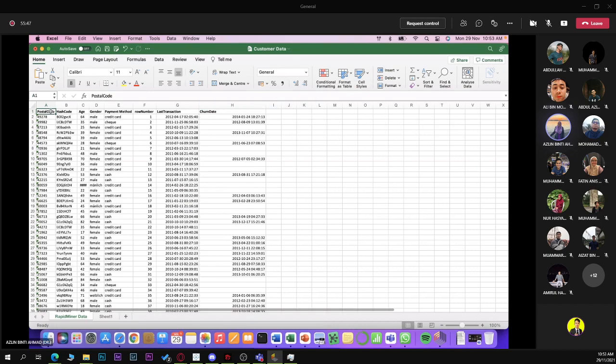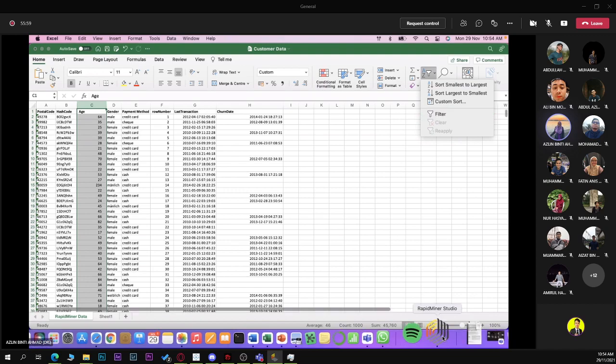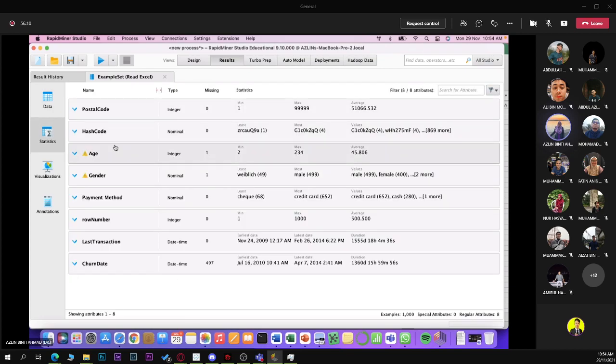Tapi contohlah you nak cari maximum minimum for age, you nak kena buat apa? You nak kena filter, nak kena tengok lah. There's so many investigations you nak kena buat. Banyak proses lah. But if you use RapidMiner, ni data section. You can go to statistics and then it will display to you